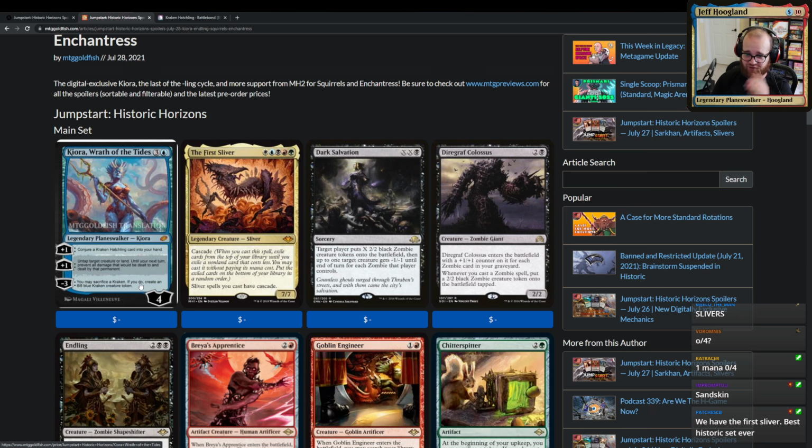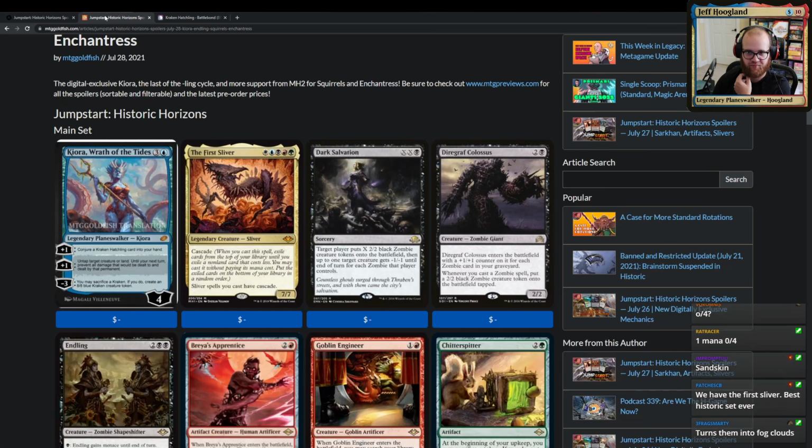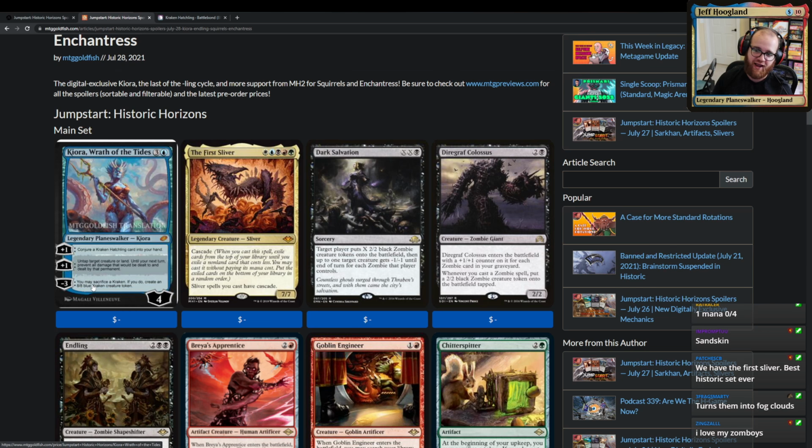You may sacrifice a Kraken. If you do, create an 8/8 Kraken token. Okay, that's a sweet design. So her up gives you the Hatchling, and then her down gives you an 8/8. I wonder, this might be playable. It's also notable that her making 8/8s has some synergy with 3 mana